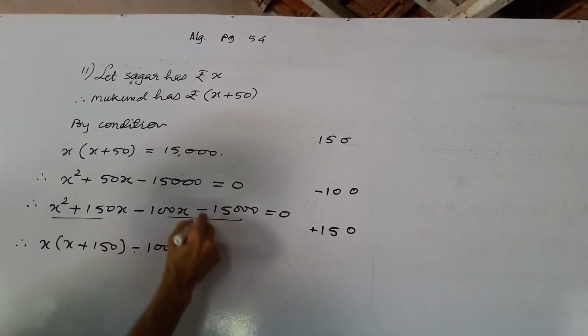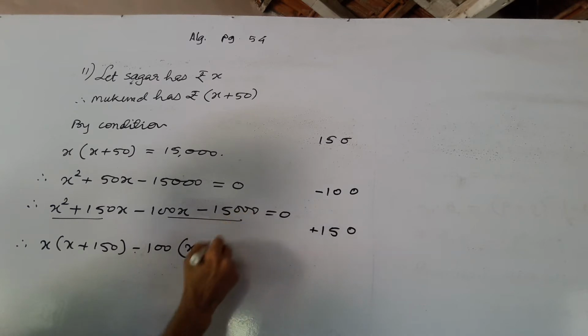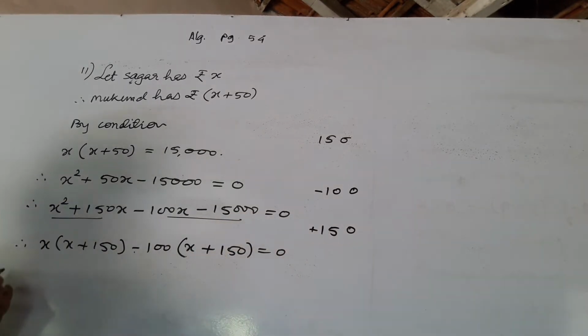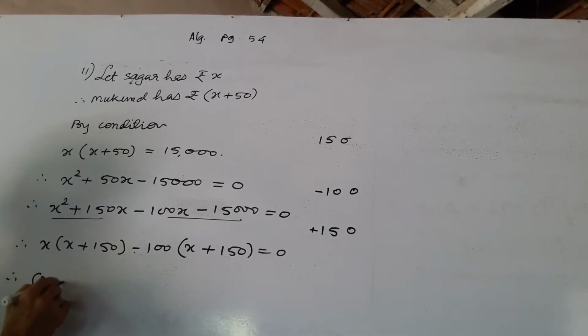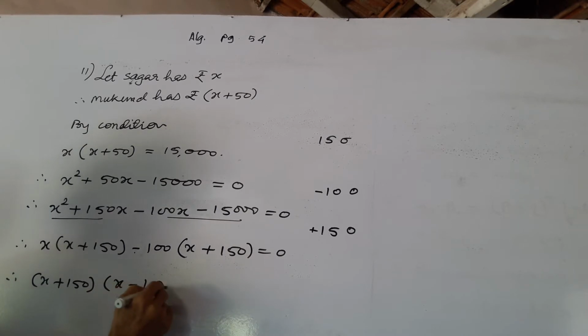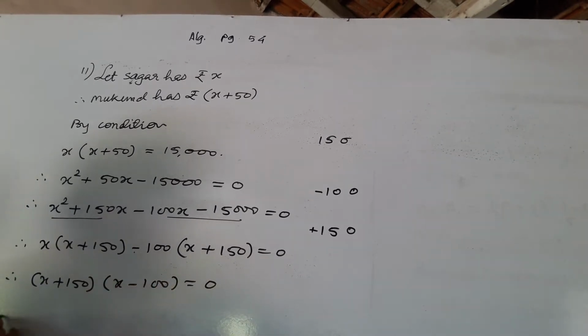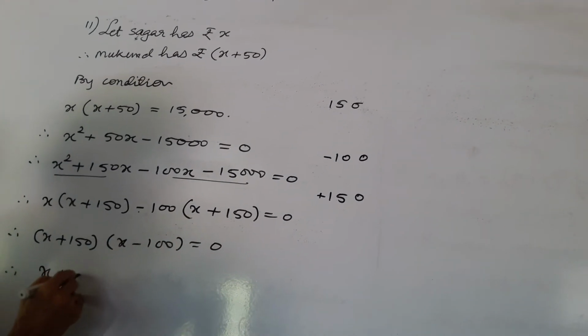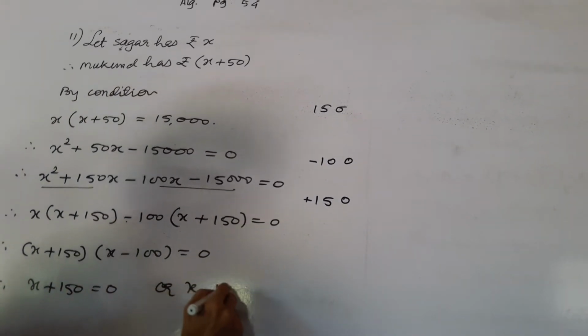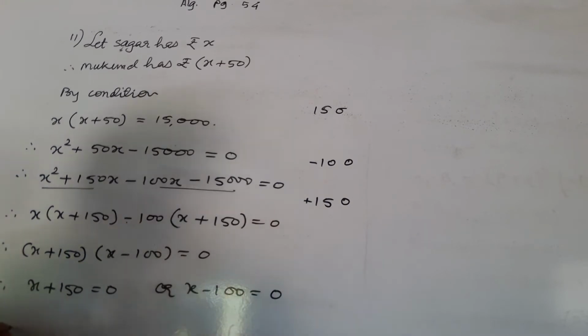So minus minus plus, plus, the 2 zeros are gone, so 150, and that is equal to 0. So once again x plus 150 is common, so the bracket remaining is x minus 100, and the product is equal to 0, and therefore either x plus 150 is equal to 0 or x minus 100 is equal to 0, and therefore x